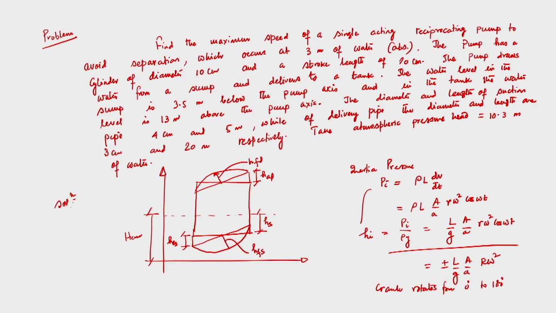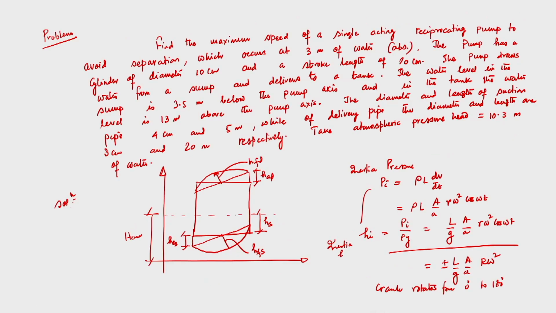And that is why we have defined the maximum speed of a reciprocating pump. The maximum speed of a reciprocating pump is determined from the fact that the pressure in the cylinder during suction and delivery stroke should not fall below the vapor pressure of the liquid flowing through the suction and delivery pipes. So this is one numerical problem that we have solved for this particular pump, and we have derived how we can obtain this HSF. If we go back to my previous slide, here we have written, this is the inertia head.